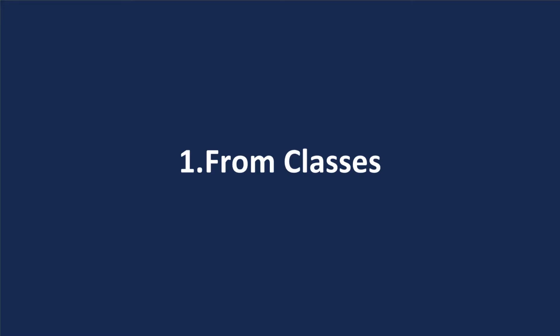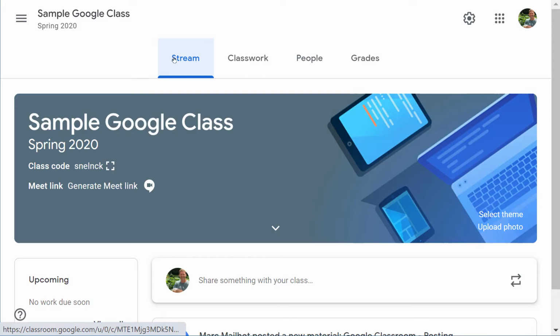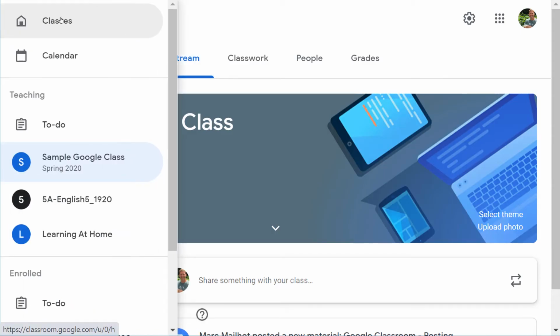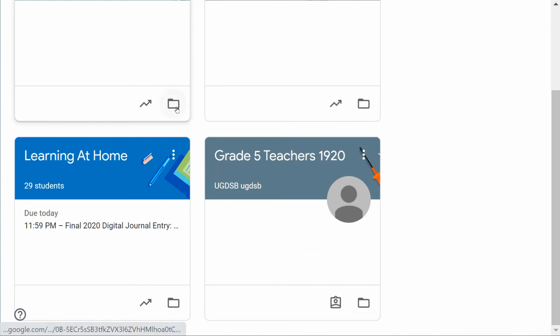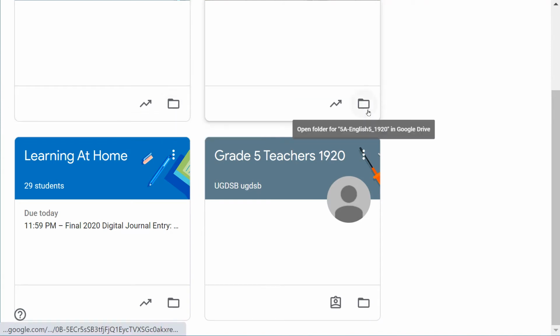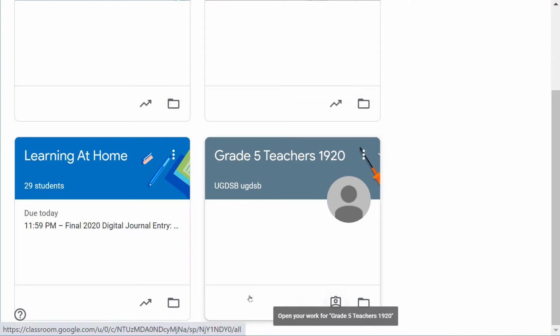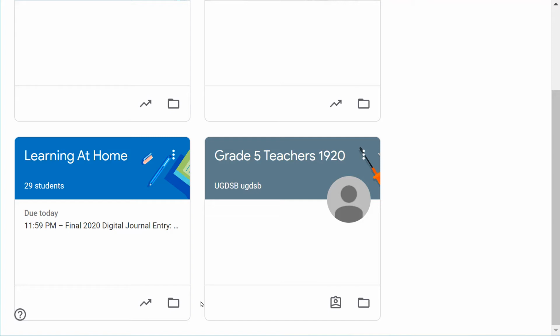The first way is from inside of classes. So by classes, I mean, if you click on the menu, go over to classes, you can see that each one of these class cards has a little folder in the bottom right-hand corner. Each one of those folders links to your Google Drive folder. And then within that folder, you can see the materials for the various posts and assignments that you've created in